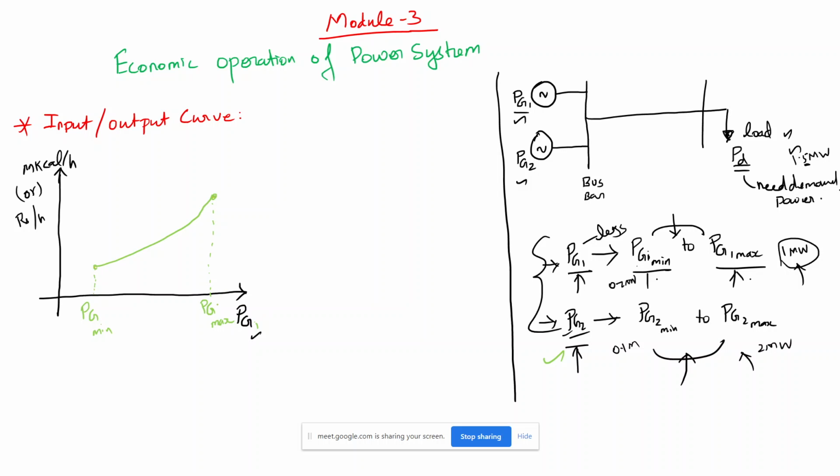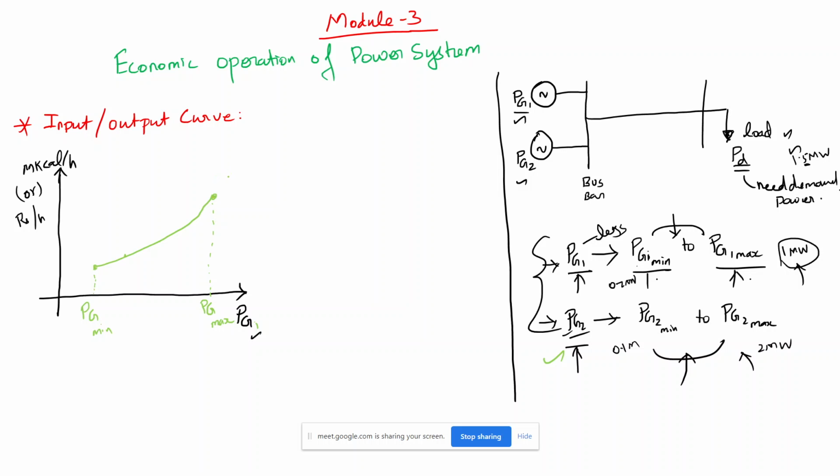Like this, we need to take the curve for all other generators, and we need to find out which point is the optimum point, at which this power should be produced during a particular time. It will change with respect to different times. It is not like in the morning you can turn on this generator, and at night you can minimize its production, but it purely depends upon your problem statement. We need to understand that this is the curve, and we need to operate the generator between the limits of minimum and maximum. So this is called the input output curve.